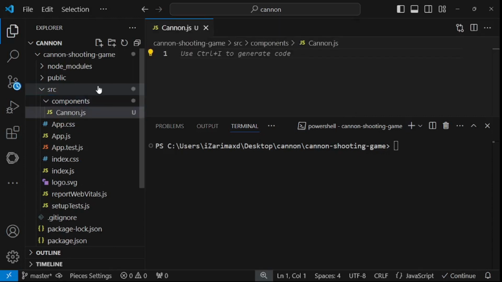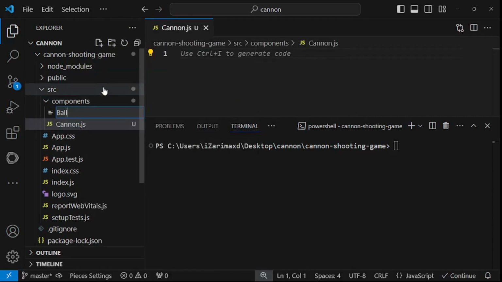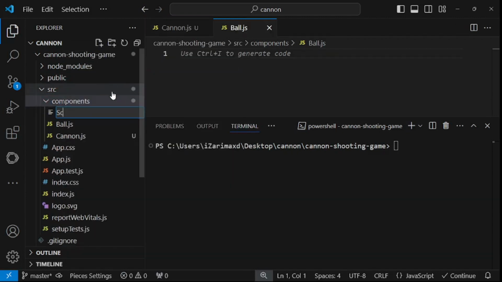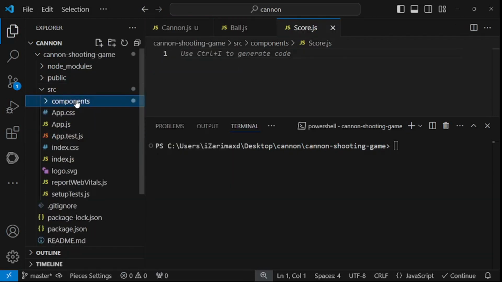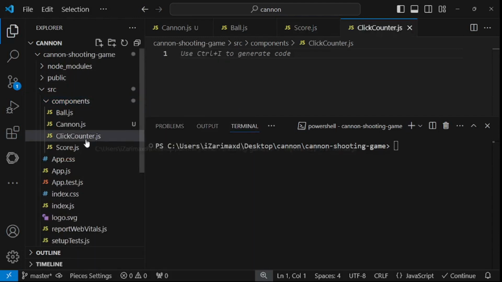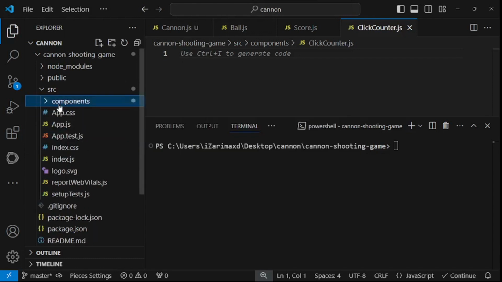cannon.js. The next file is going to be ball.js. Then there is core.js. And at the end, there is clickcounter.js. So I'm going to go ahead and say clickcounter.js. Once you're done with the files that you need inside the components folder, you need to create another folder